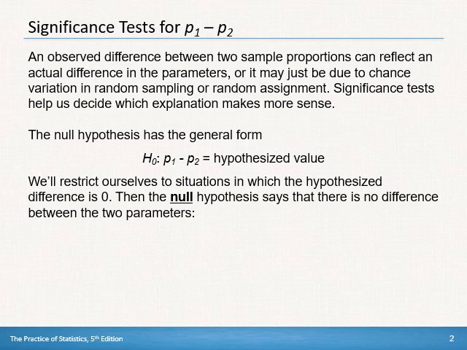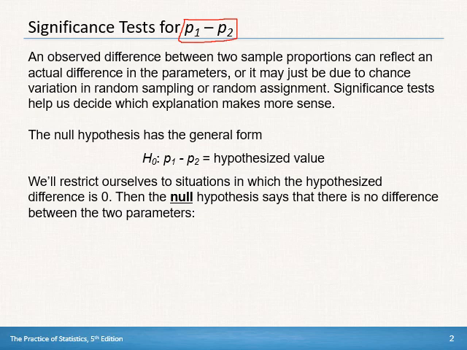All right, so an observed difference between two sample proportions, that's two p hats, can reflect an actual difference in the parameters, the actual difference in P1 minus P2. Or the difference that we see in the p hats may be just due to chance variation in random sampling, or perhaps random assignment if we do an experiment. So the significance test that we're going to do now is going to help us decide which explanation is more